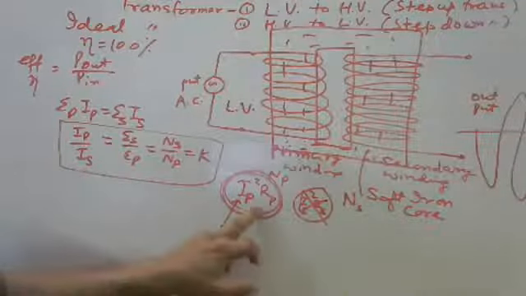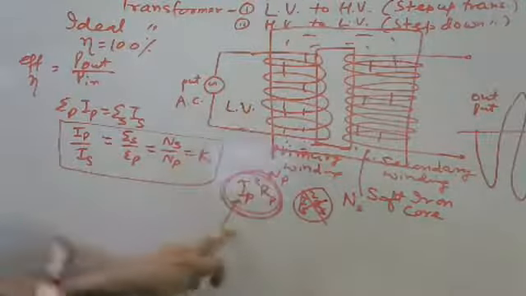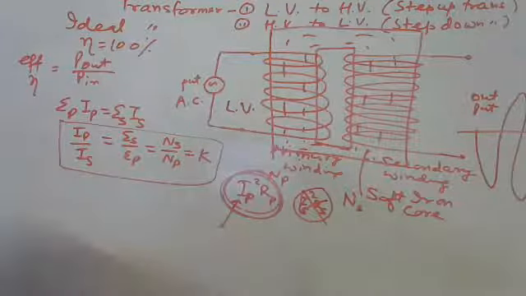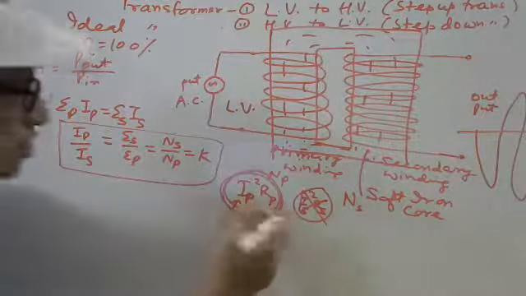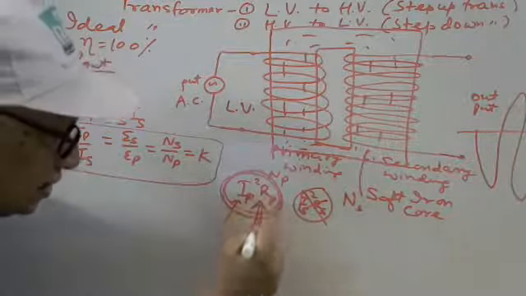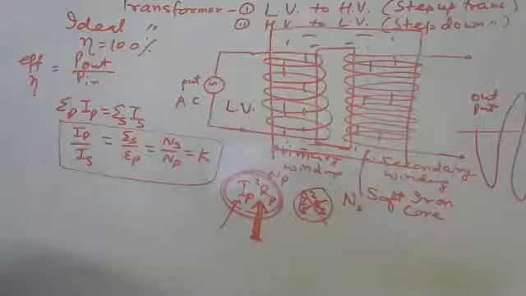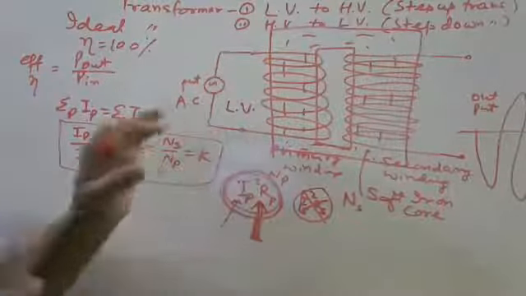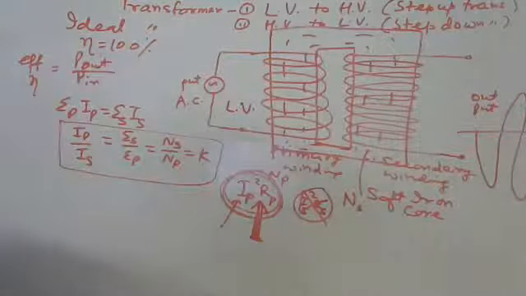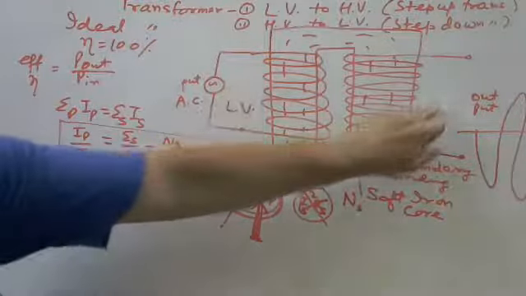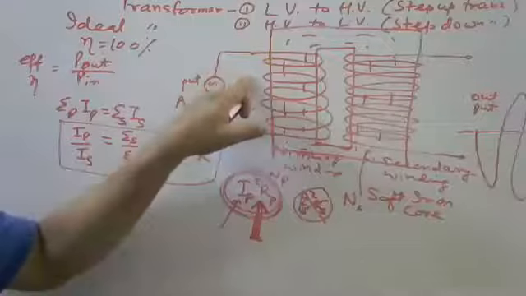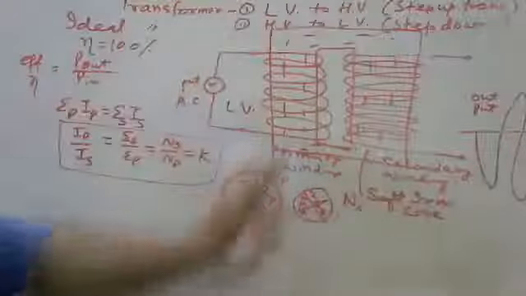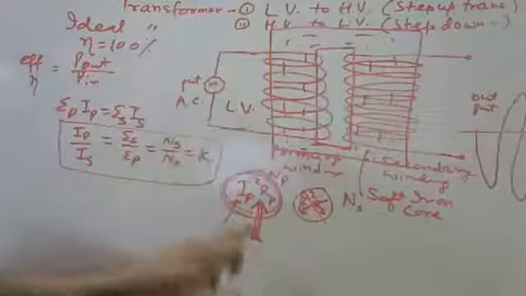So here on the low voltage side, where current is more, where power loss is more, we should reduce the power loss, but we cannot change the current. So the only option here is to reduce the resistance. How can we reduce the resistance? We can reduce the resistance, not the current, by taking the thick wire. Here we can take the thin wire, no problem, but here it is necessary to use the thick wire, resistance is less. So in a step-up transformer, on the low voltage side, we use the thick wire.